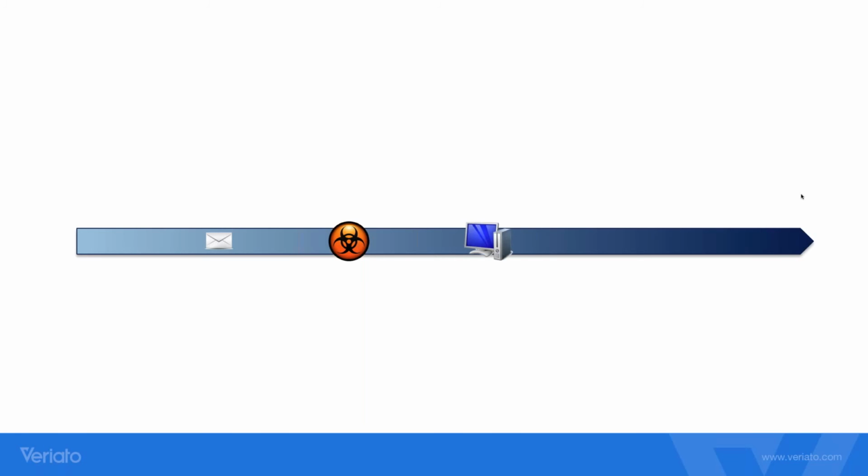And then you've got, of course, it's gained access to a workstation, and it either encrypts the entire workstation, encrypts